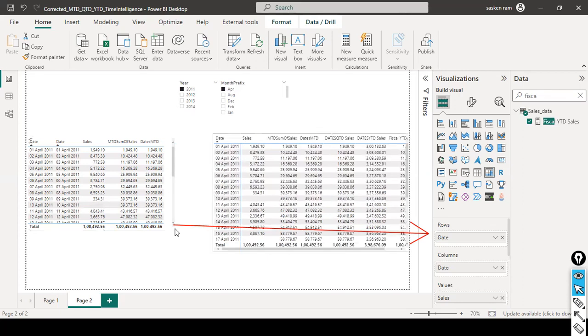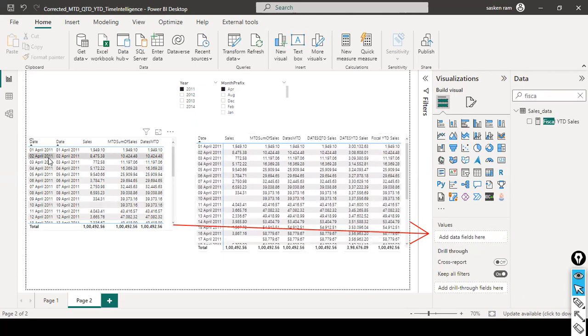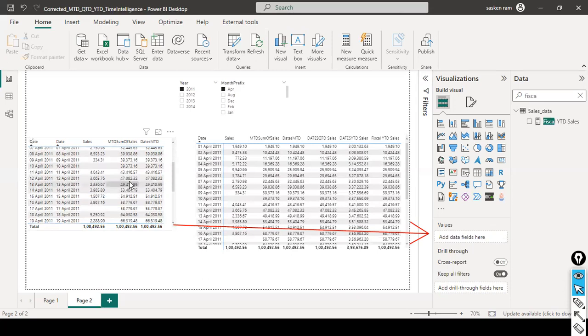There is an error here. Okay, let's not worry. Look here, on 1st April the sale was 1949, and month to date sales was 1949. And on 2nd April the sale was 8,475. If you add these two values together, it gives 10,400. So in the month to date sales column, it does the cumulative total until the new month starts. Look here, in this case April, and when I select May here,